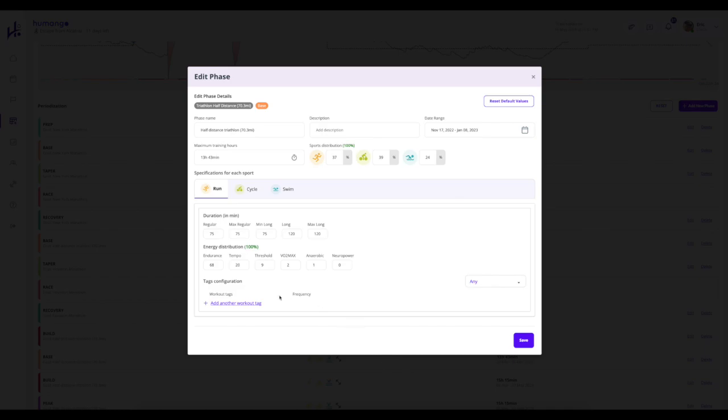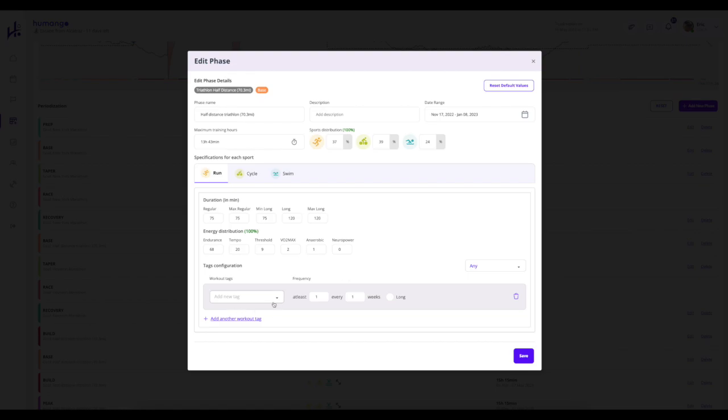I'm not going to make any changes today, but I'm going to just show you the tags. So again, we'll expose the tags that we use in the background very soon and give you a description of each, what that means, so that you could pick workouts or prioritize that based on what we have in our workout library.